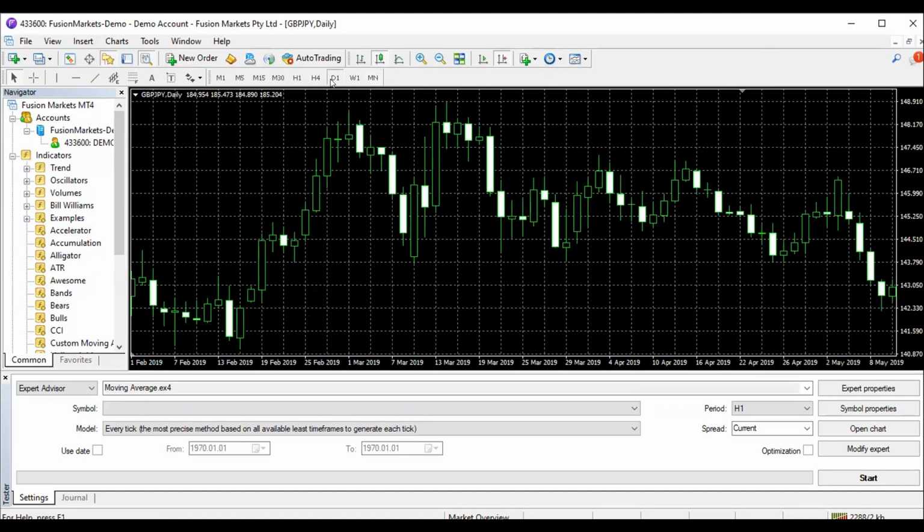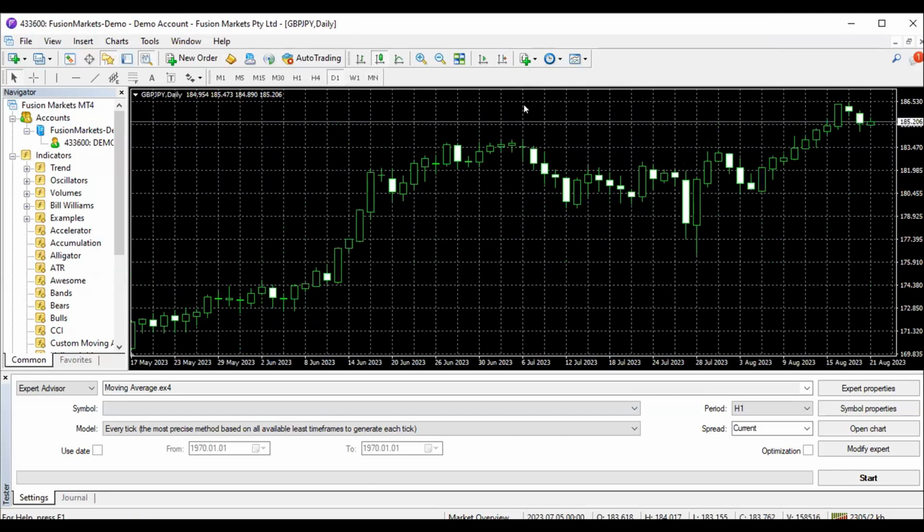Yes, this daily. So now when you change to daily, can you see your screen doesn't show you today's candlestick? So in order to show you today's candlestick, you go back to the shift chart. Yes. So now it shifts your chart all the way to the left, so you can see the current candlestick. You understand?